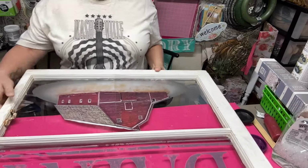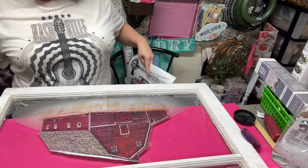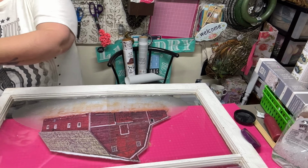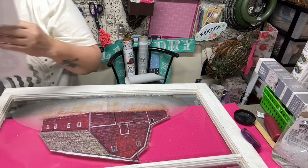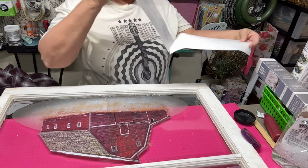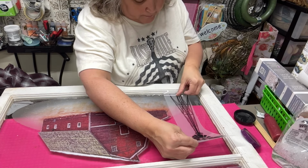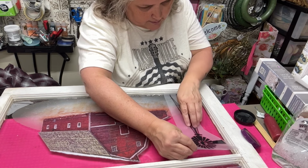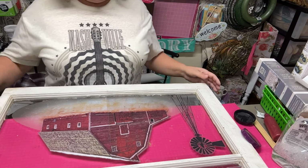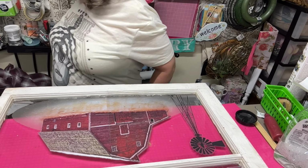Okay. I have this windmill right here, and I have more of an open space over here. So I think I'm going to fill that in with a windmill. So I'm going to take my windmill and I'm going to place it where I want it. And there's my windmill. All right, so now